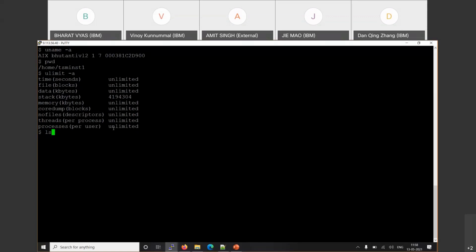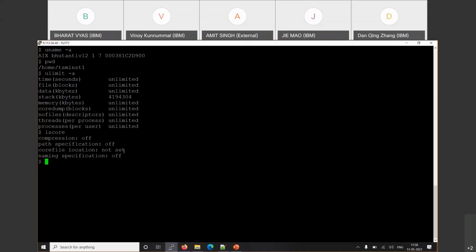One more thing is the lscore command, which is helpful to identify whether you have any customized path for your core file. By default, whenever the Spectrum Protect server crashes, it generates the core file in the instance directory. However, if you want to generate the core file in some different location, then you need to set the path here.